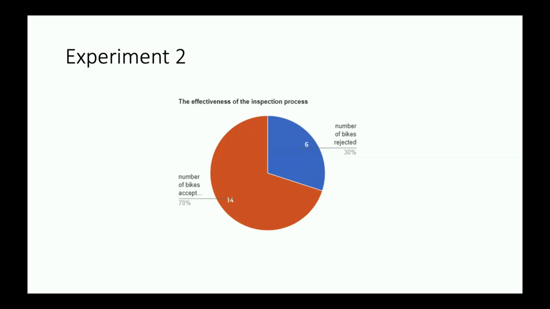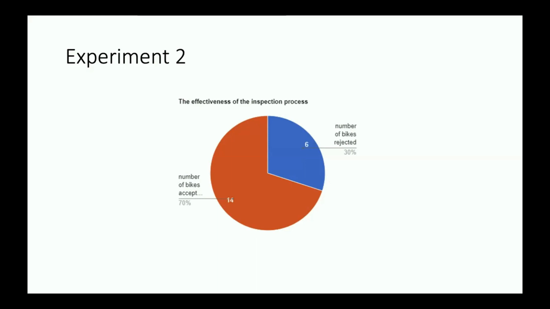To evaluate the effectiveness of the inspection process, we can collect data on the number of bikes rejected due to safety concerns and compare it to the number of accepted bikes. We can also conduct a survey or interview the recipients of the donated bikes to gather feedback on the overall condition of the bikes they received and their overall experience. By ensuring that the donated bikes are in good condition and safe for use, we can improve the reputation of the app and increase the number of bike donations, hence reducing the number of bikes that end up in landfills.